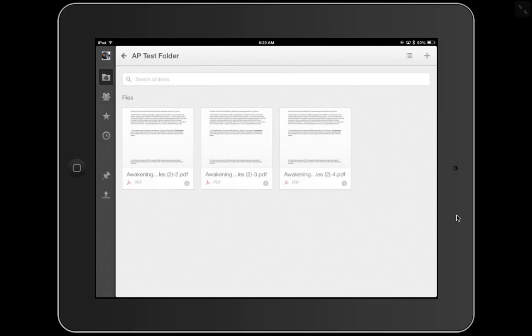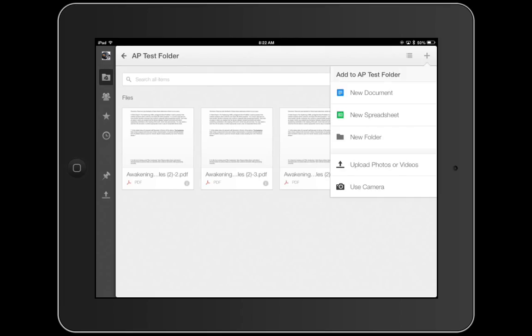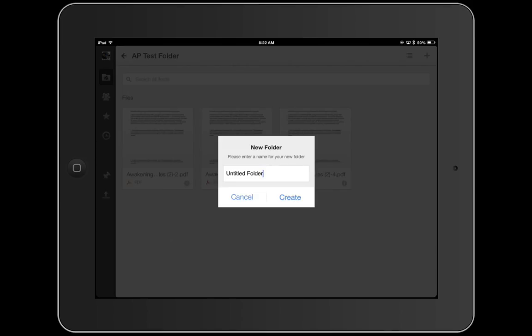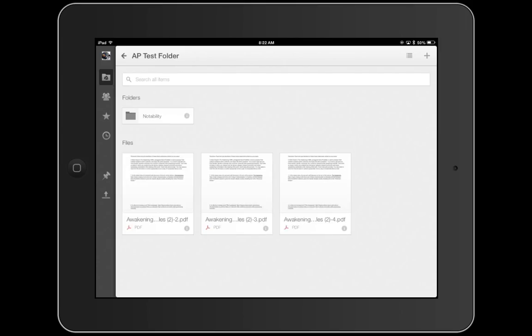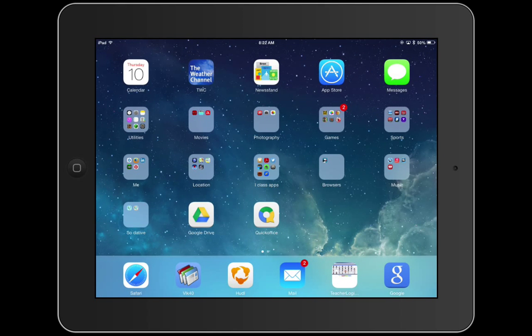Now in order to create a folder in Google Drive, again click on the plus up here. It will ask me what I want to create, and I'm going to want to create a new folder. I'm just going to call this folder Notability for right now. Now once I've created that folder, that folder will show up in my Google Drive when I go into Notability. So I'm going to close out of Google Drive at this point, and I'm going to go into my